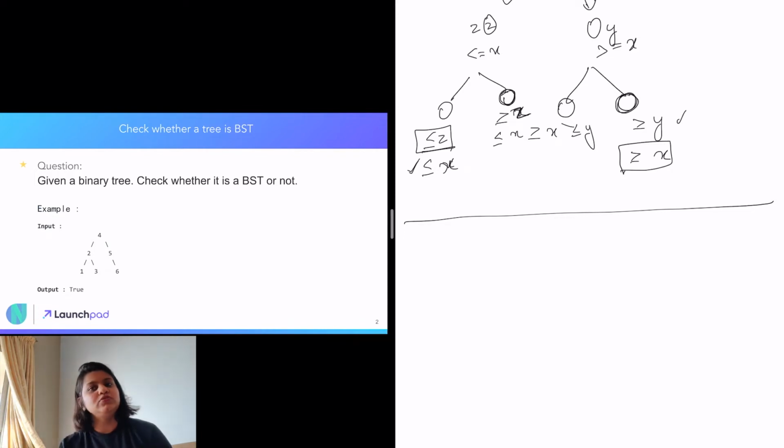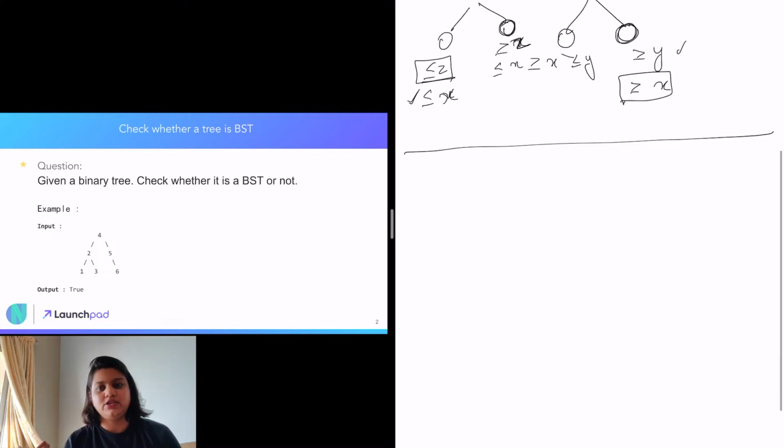And if all the nodes in that tree follow the binary search tree criteria, that means the whole tree is a binary search tree. So our basic concept is just to know the minimum and maximum value which a particular node can hold, and through that we can transfer to the left and right child of it. Basically all nodes at an elemental level should know the minimum and maximum value they can hold. If we can check that, we can come to know whether it is a binary search tree or not.